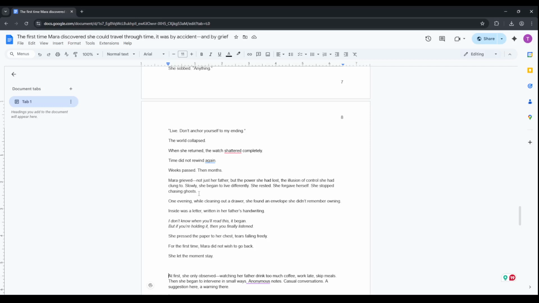If you plan to make changes to the duplicate, consider updating headings or adding a note so you don't confuse the two versions later. Also, remember that page breaks are easy to remove. Just place your cursor above the break and backspace if you need to merge pages again. This simple workflow keeps your document tidy, professional, and easy to navigate as